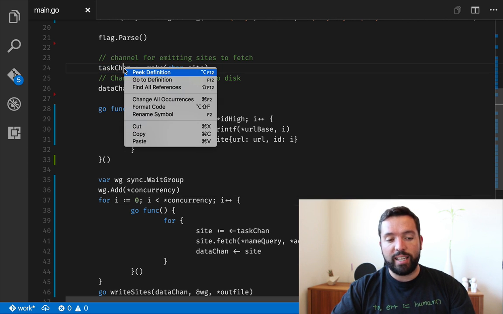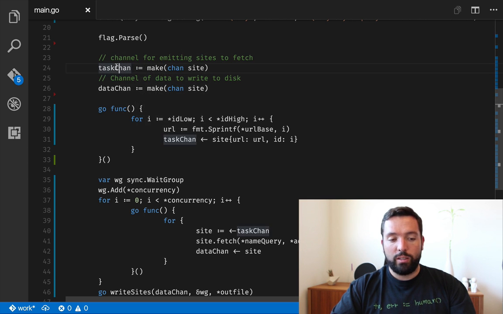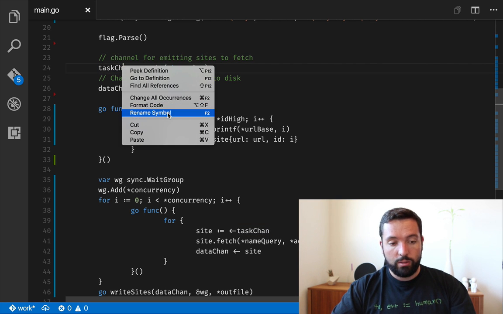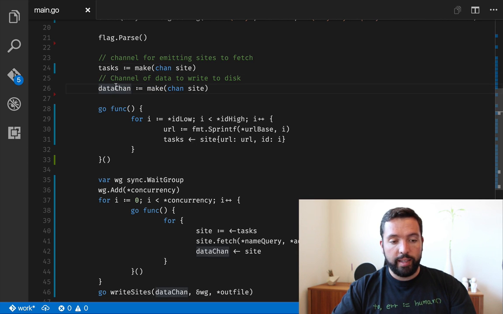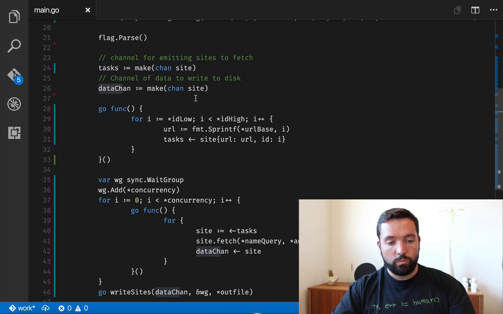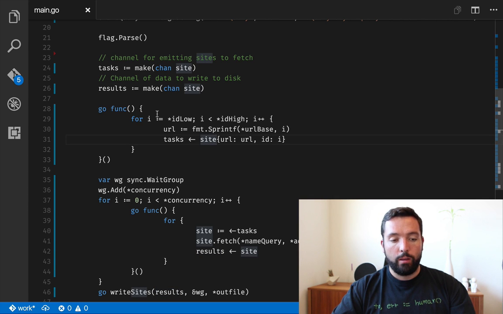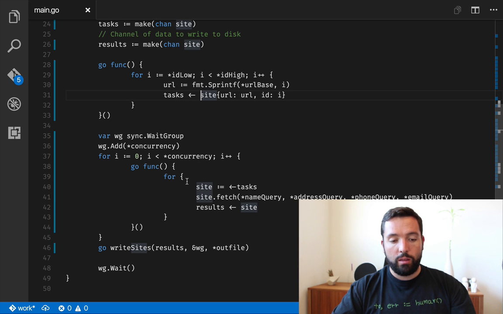So task gen. Right now, I don't really like the name because it is obviously a channel. You don't need to name it Chan. So I'm just going to call it tasks. And then data Chan, I'm going to change the name to results. Great. So now what we're doing is we're sending all that data into tasks, and then these Go routines,